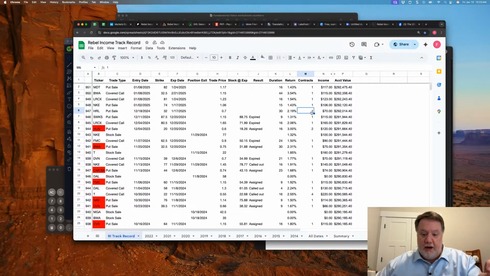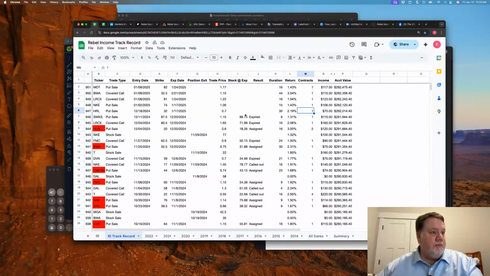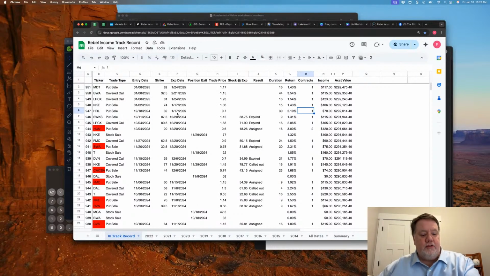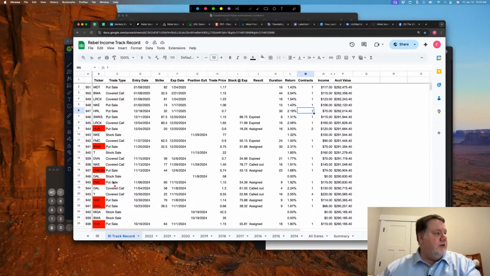It's also not being afraid of it. It's trying to put it in proper context and still be able to use it in a way that keeps my account running and keeps me in the market and keeps the market working for me. If you're like me and you're not afraid of taking an assignment, then position sizing becomes really important, because in times like these, you're going to see an increase in put assignments.